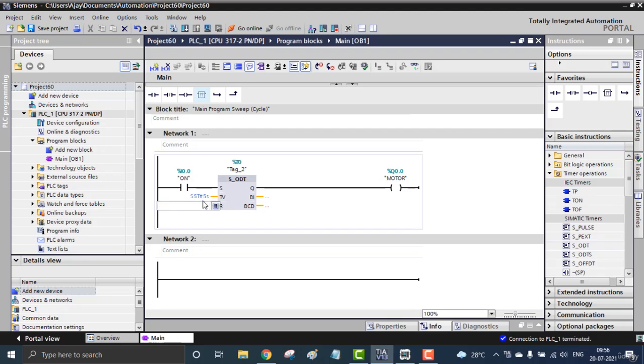You can see that it automatically restructures that 5 seconds into S5T#5S. This S5 originated from the previous software, Simatic S5, which used MS-DOS for programming Siemens controllers. That is Simatic S7, and the previous one was Simatic S5. That's why it's called S5 time. And S5T#5S means the timer should be working for 5 seconds. If you go for milliseconds, you have to write 5 ms, or 500 ms for half a second.